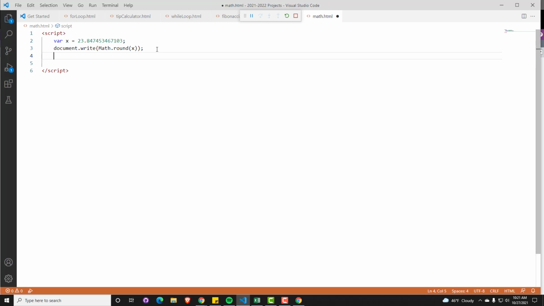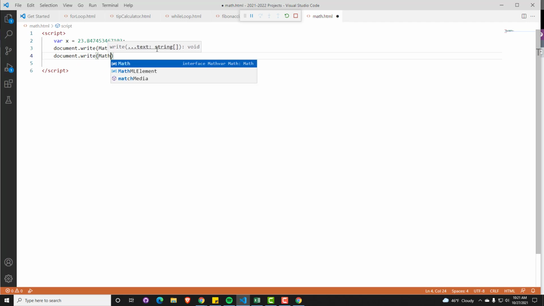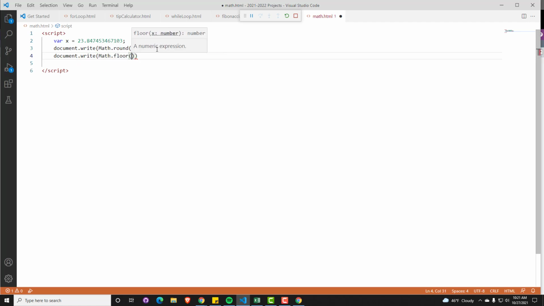Another one that we can use is document.write math.floor, and it's written the same way. So, and I keep missing my semicolon, there we go. Okay, so math.floor, and then x, and I have two ending parentheses here because one starts the write function, one contains the x. Floor is what we used in the previous video. If you watched the previous one where I did the random number and I did math.floor,